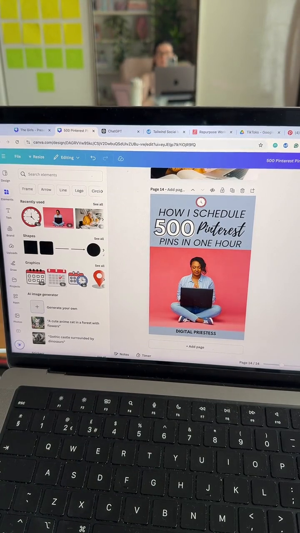So you really want to make sure that you're not just creating pins one time and then that's it, and then going to write a new sales page or a new blog post and make more pins. No, if you wanted to, you could pick out 5 products and 5 blog posts to promote for the next 12 months and just make pins for those every single month. I hope that's making sense.